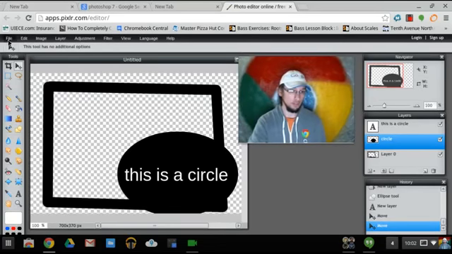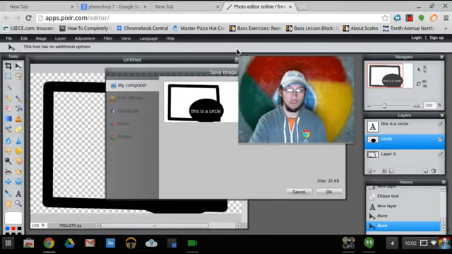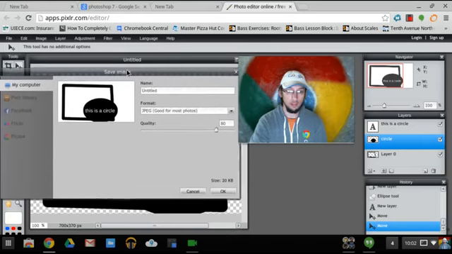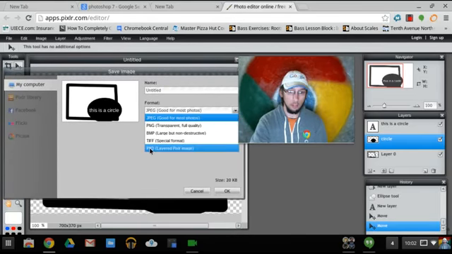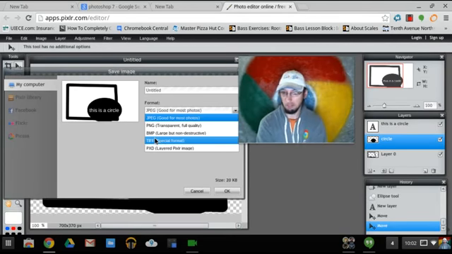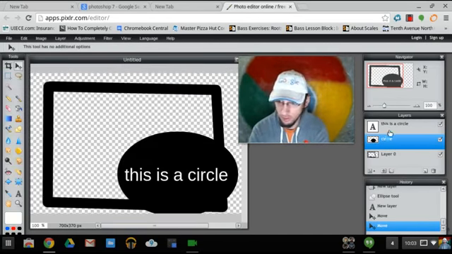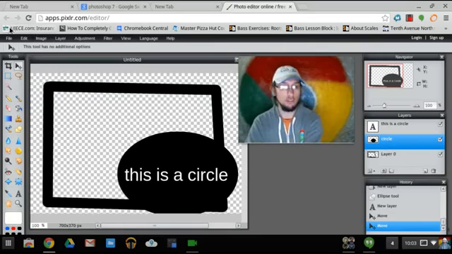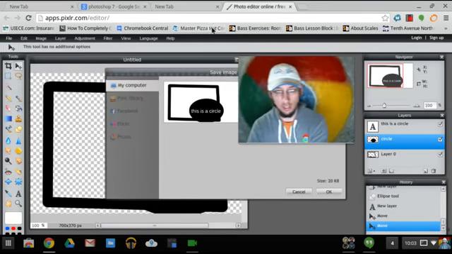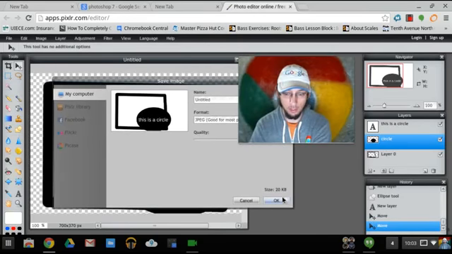And when you save your image, always save it as a PXD. That is the same as, I think Photoshop calls it a PSD. I forget what the extension is, but it's basically the same thing. You save it as a PXD, and then you can open it later, and it will look just like this with all the layers and everything. If you just save it as a JPEG,